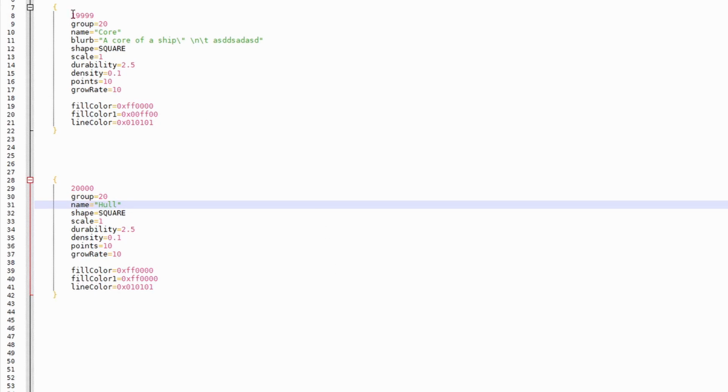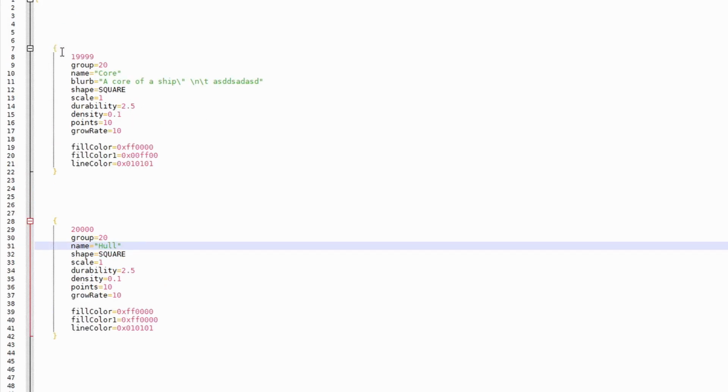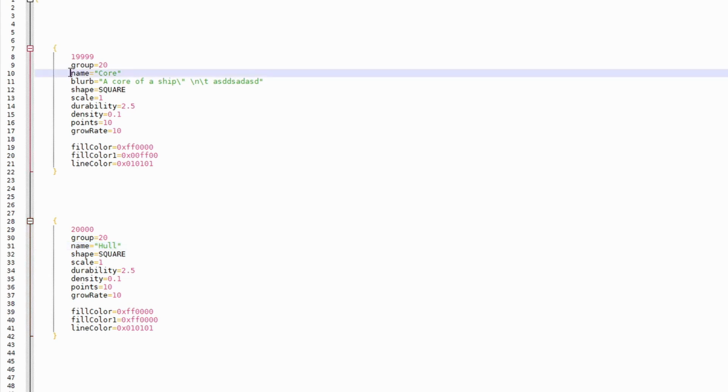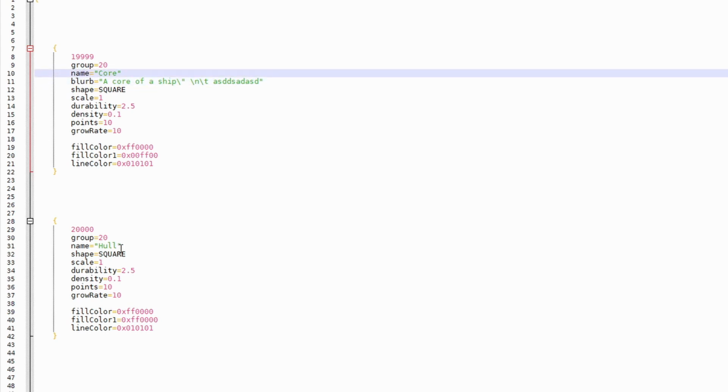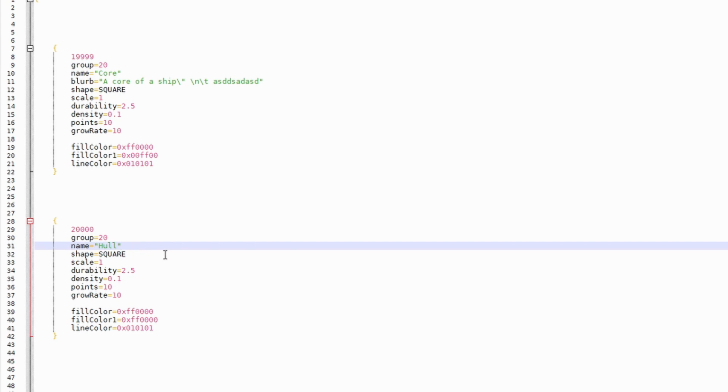Alright, we are back in the text editor. A couple things I've done just out of the camera. I've changed name and blurb back to where it makes more sense. I've removed the blurb here. You actually don't need it. It's just not going to show up. If you want to have a blurb for your hull, you can. I'm probably going to add one later when I come up with some more creative ideas. For now, I've just removed it. And